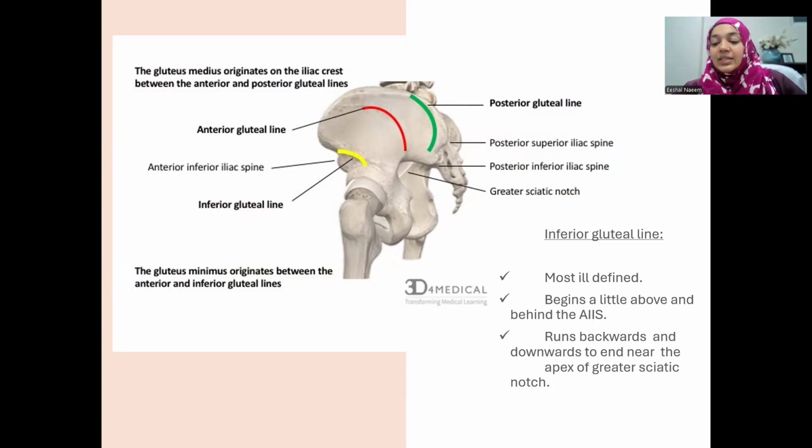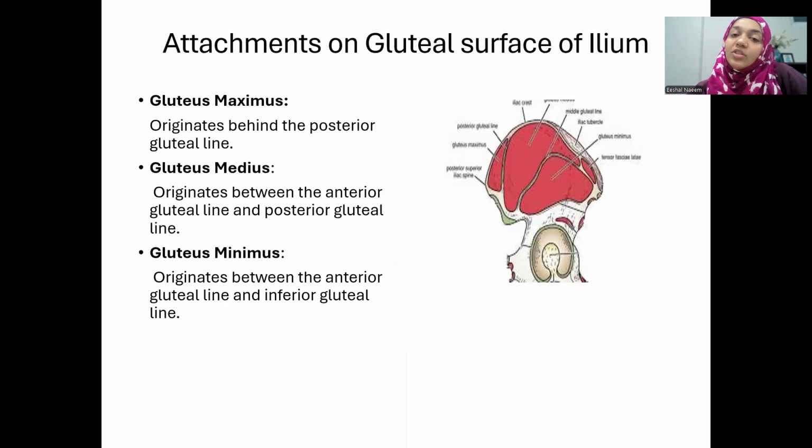Now, why are these three lines important? Because we have three muscles, the gluteus maximus, the gluteus medius, and the gluteus minimus. We said that we had two special nerves coming from the sacral plexus, the superior gluteal nerve and the inferior gluteal nerve. The superior gluteal nerve was passing between the gluteus medius and minimus, supplying these two all the way to the tensor fascia lata. So the superior gluteal nerve was supplying the gluteus medius, the gluteus minimus, and the tensor fascia lata, and the inferior gluteal nerve was supplying the gluteus maximus muscle.